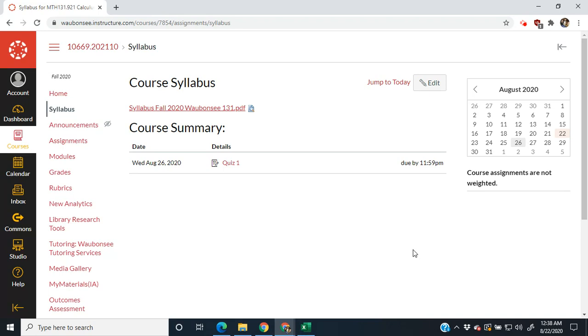So, Wabanzi has changed from Blackboard to another program called Canvas to deal with what Blackboard did before. This is my first semester using it, so I'm going to be maybe a little clunky as I'm learning. It looks like much of it is similar in nature to Blackboard, but I'm sure there are a couple things I'm not particularly savvy with, so I may have to look things up or change things later on, so there may be a little bit of tweaking as we go.